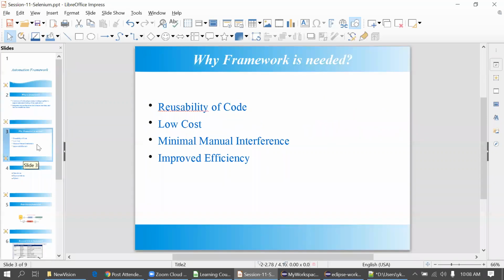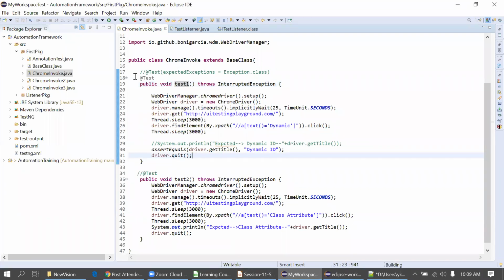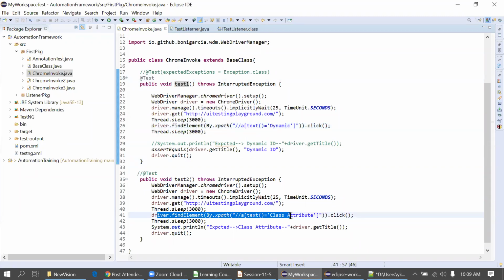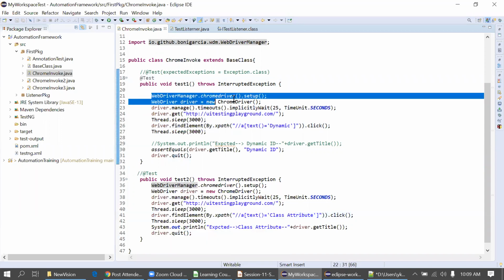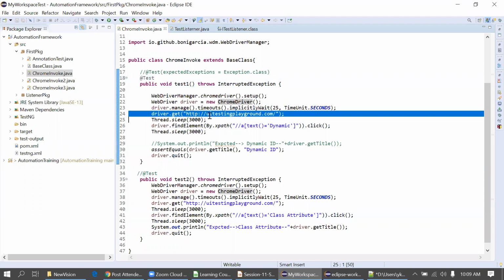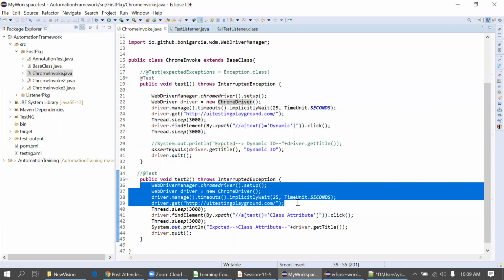Okay, so next slide, why a framework is needed. Suppose we have written the code in this manner. Suppose I have written two test cases where I have to log in, and navigate to a particular page by clicking the link, and here also I'm doing the same thing. But you can see I have repeated the code. Suppose I am setting the Chrome driver here as well, opening the Chrome browser here, and putting this wait code as well. And the same for opening the URL. The same code is repeated in the test case below as well. So this is again redundancy of the code. We are not reusing any function.